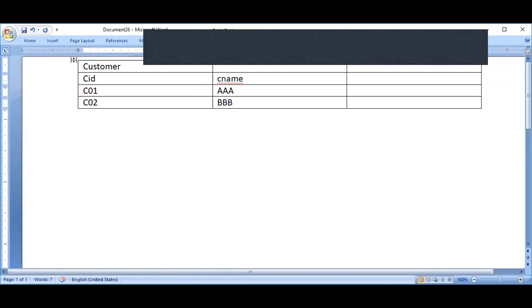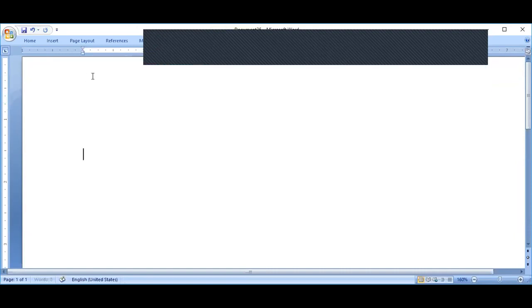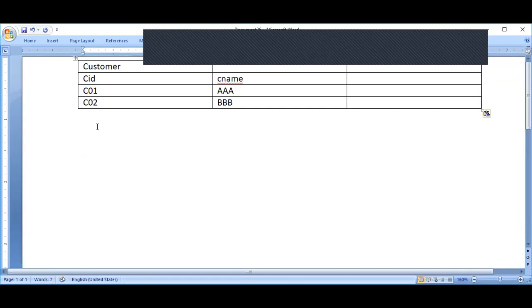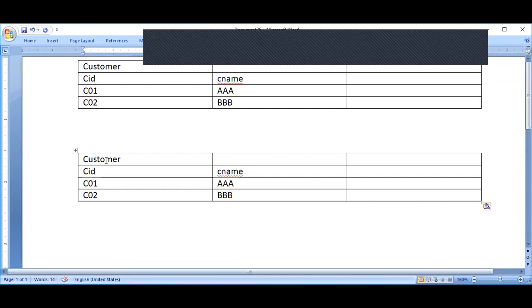Now, similarly, I take another table. Here I have this item table, and I'll just replace the C with I, so this will be I01 and this is I02. Now these are my items and this is the item name. Suppose the item names are pen and pencil.